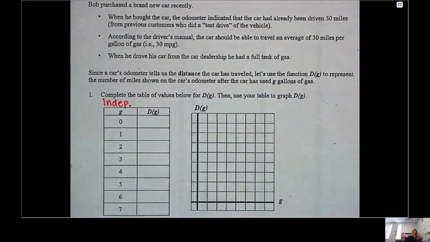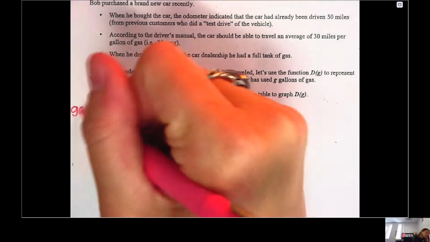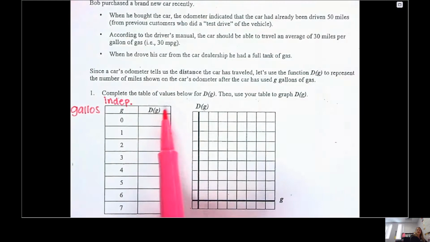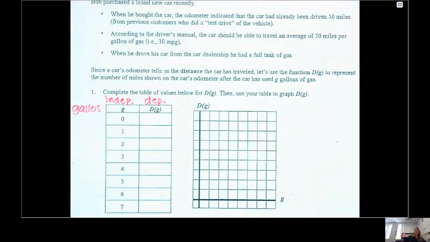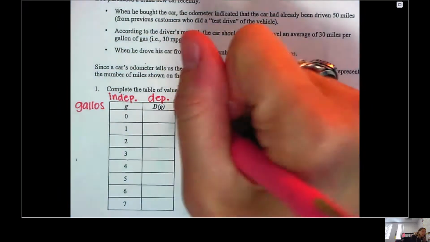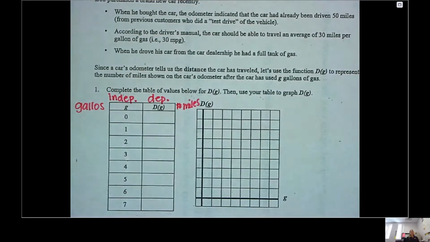So I can change the number of gallons of gas I put into my car. The output is what? I put a certain number of gallons into my car. What's the output? What changes? How many miles I go. Exactly. So this independent one is my gallons of gas. And this one over here is called my dependent. I'm not going to write the whole thing out. A dependent one, and it's just the number of miles that I am able to travel with that